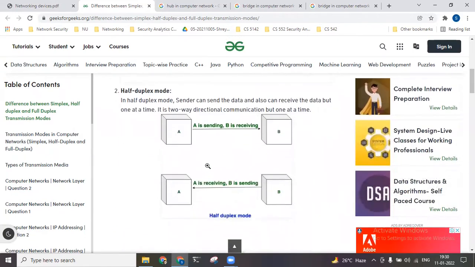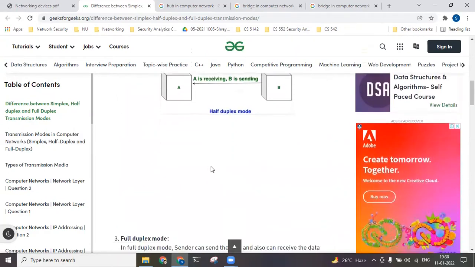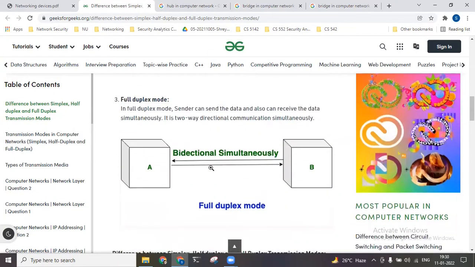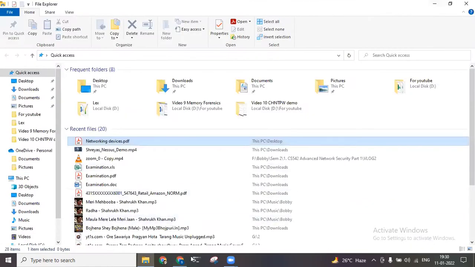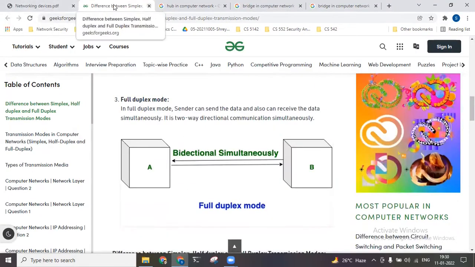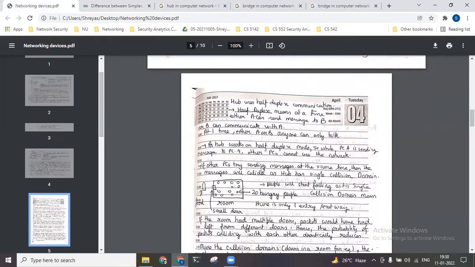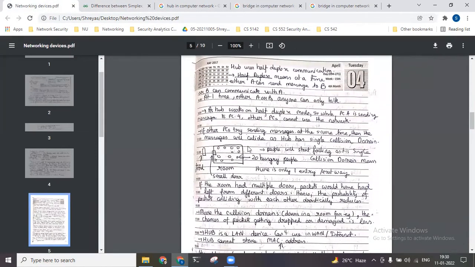Half duplex means both of them can send and receive, but at a given instance of time, either it can send or it can receive. That is half duplex. And full duplex is that at the same instant of time, both directional communication is possible. Like in the case of our mobile communication, I am talking to a friend of mine, and at the same time we can sing together. I can hear his voice, and at the same time he will be hearing my voice as well. So that is full duplex. Okay, so hub works in a half duplex way of communication. So this is the basic working of a hub.